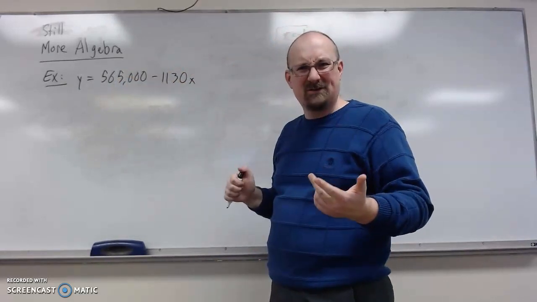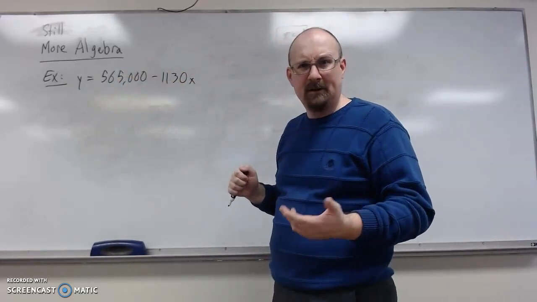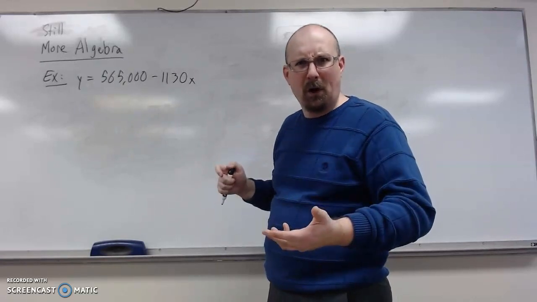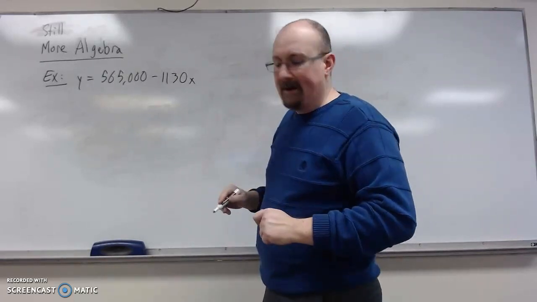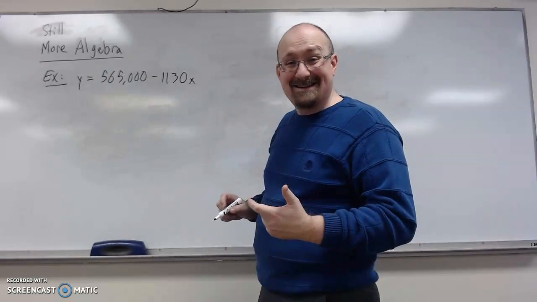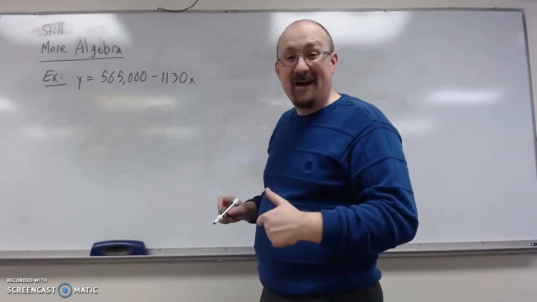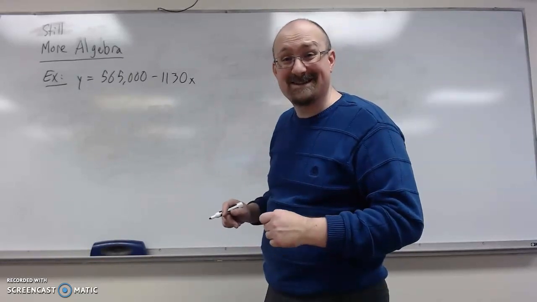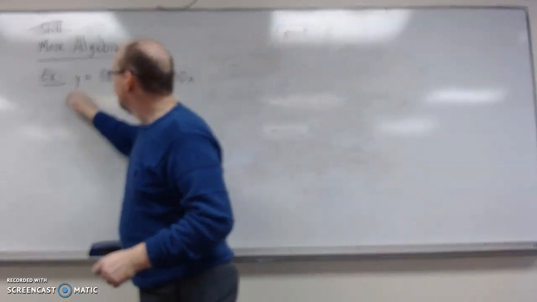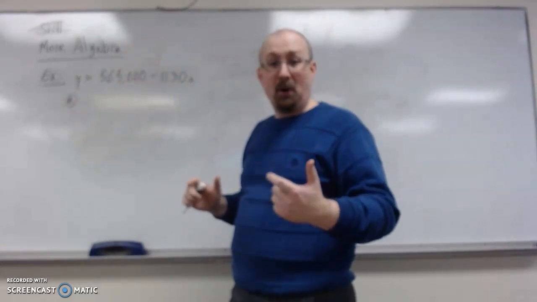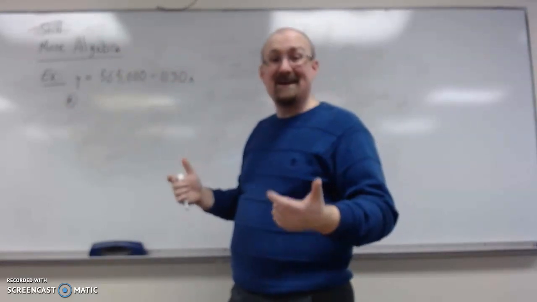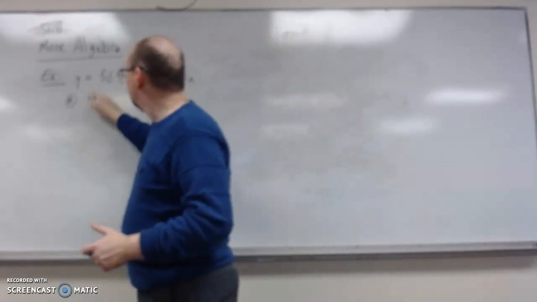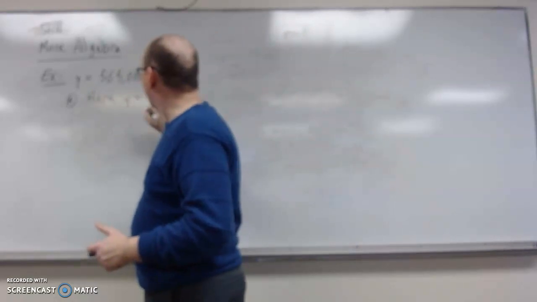So y is our value, x is our time frame. Like I said, this is one of those cases where you may want t for time, v for value or something, but we'll go with the variables as they're given. The first question we're asked is, how long does it take for the building's value to drop to the highly specific value of $336,740? Remember, which variable is the value in this instance? That's y. So here, y equals